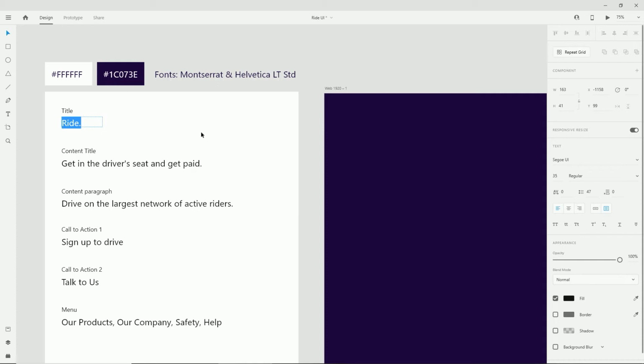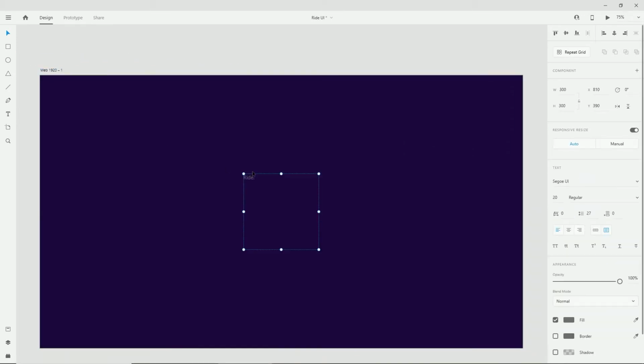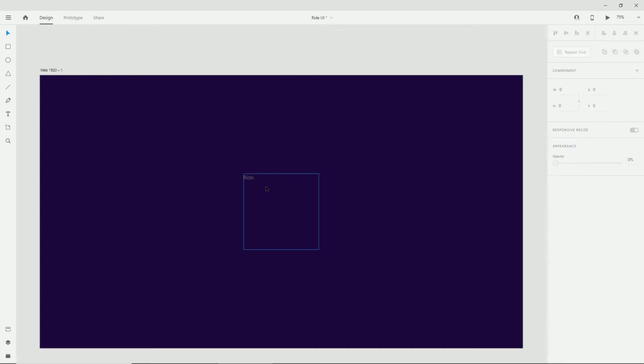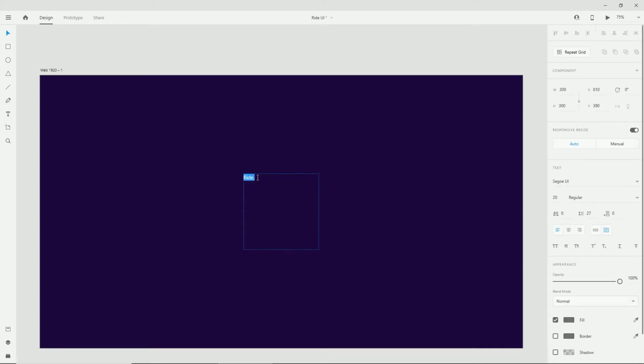So for the logo, I just call this website Right because the main objective is to design something with moving cars. So I've copied and pasted the right text. I know it's a little bit hard to see, but the first thing I'm going to do is select the text, make sure the text is set to Montserrat, and I want the text size to be around 60 pixels. Then I want the font weight to be semi-bold.